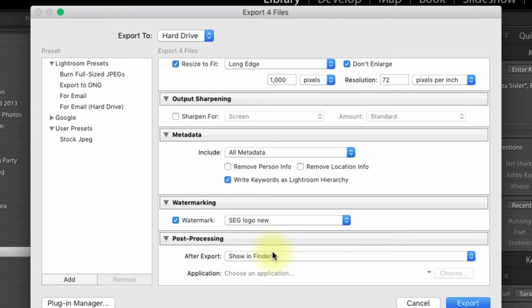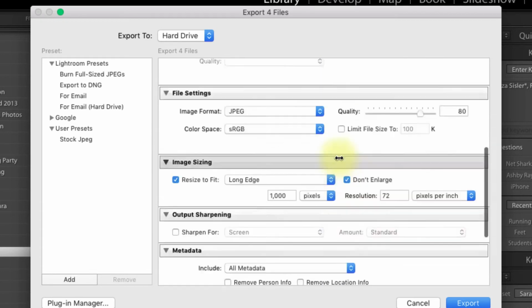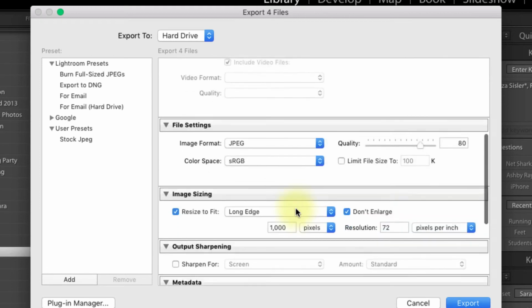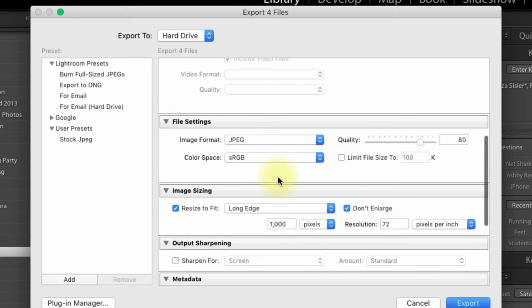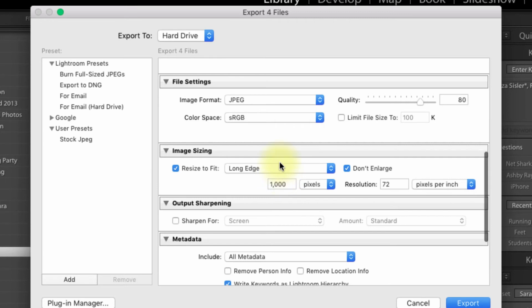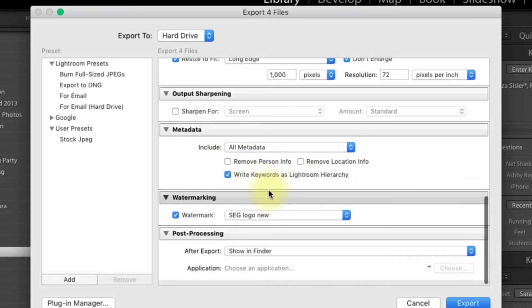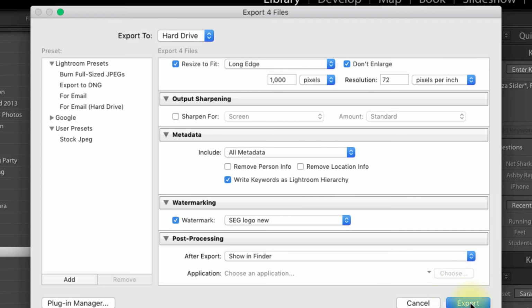Okay, last option, Show in Finder. This is going to allow me to view my files in the operating system Finder when they are done. So, quick review: where are my files going? What are they going to be named? What size are they going to be? And what file format are they going to be? As well as what information is going to be included on them. So at this point, I'm going to hit export,